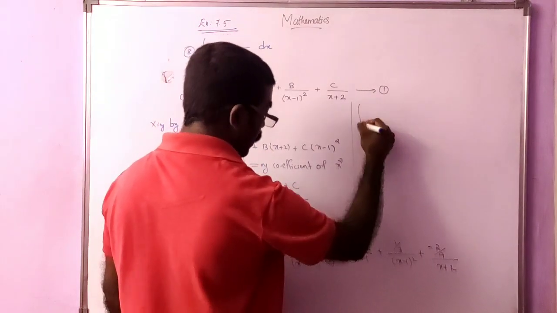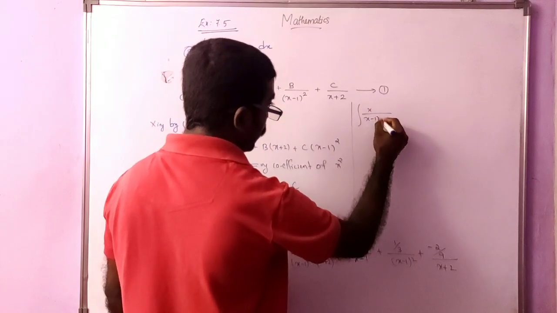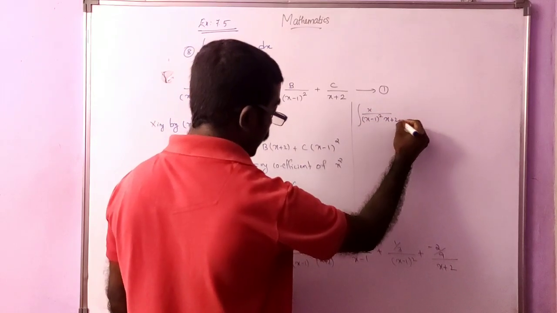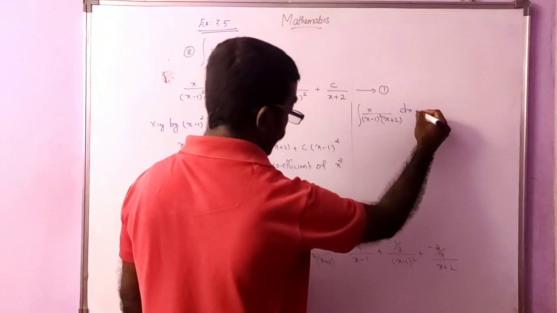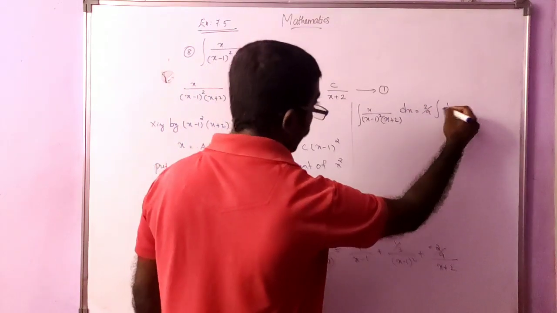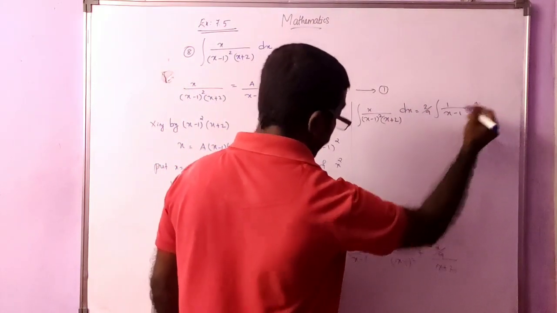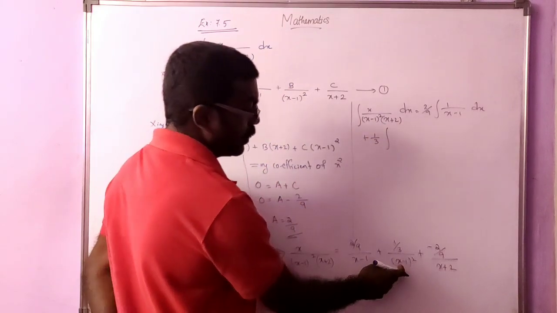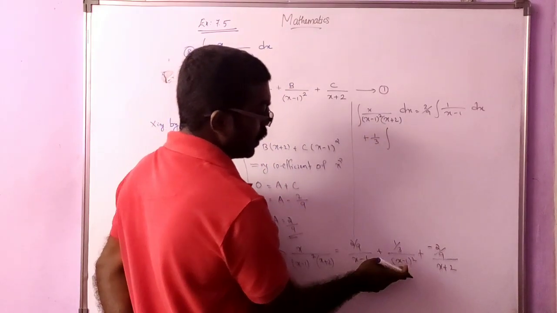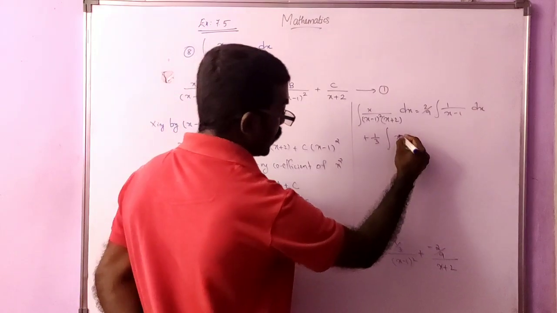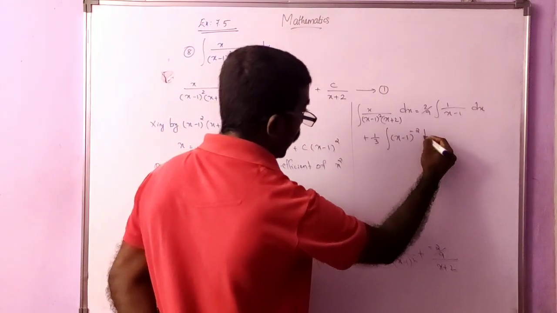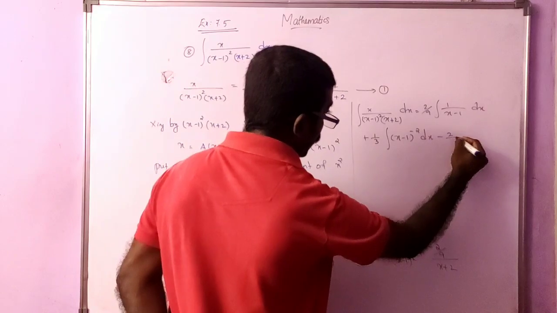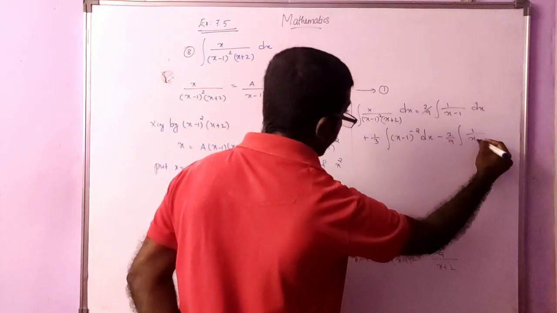Now we can integrate. Integral x by (x minus 1) the whole square into (x plus 2) dx is equal to 2 by 9 into integral 1 by (x minus 1) dx, then plus 1 by 3 into integral this (x minus 1) the whole square, that we can take into numerator, (x minus 1) the whole raised to minus 2 dx, then minus 2 by 9 into integral 1 by (x plus 2) dx,